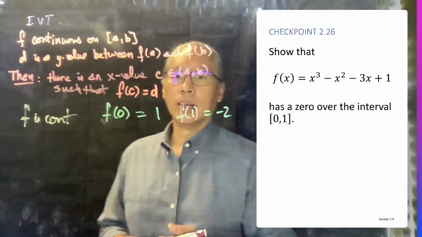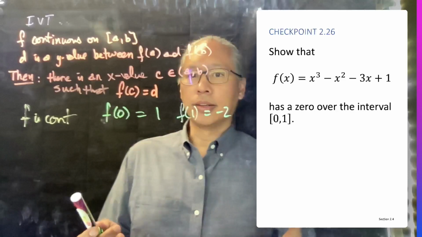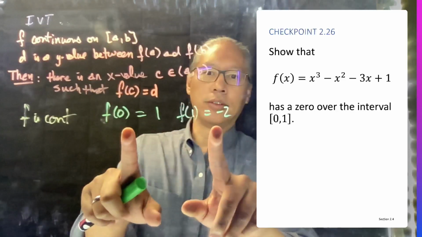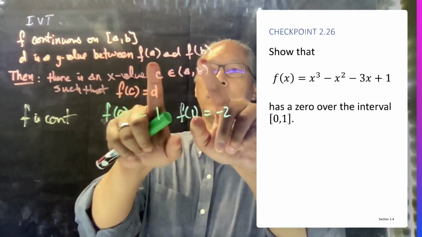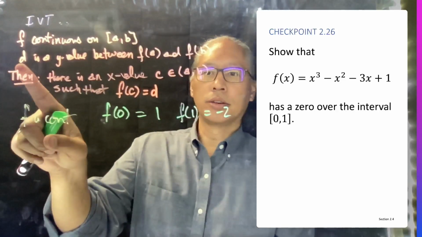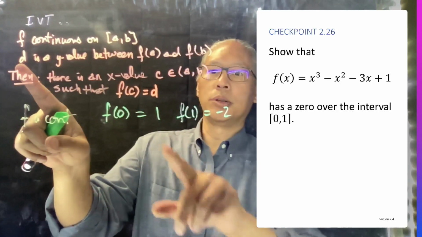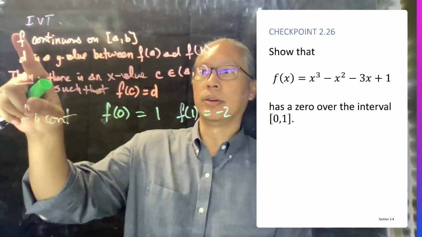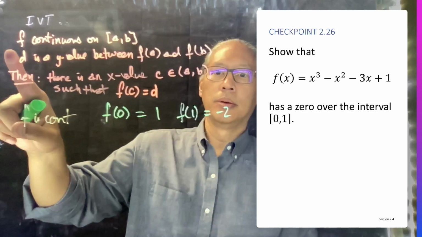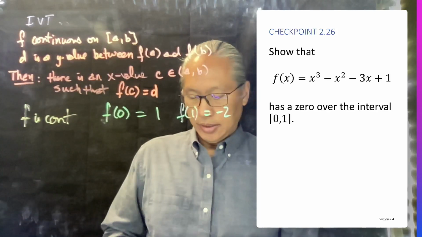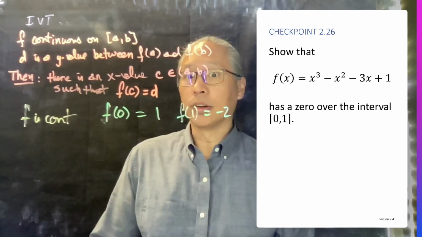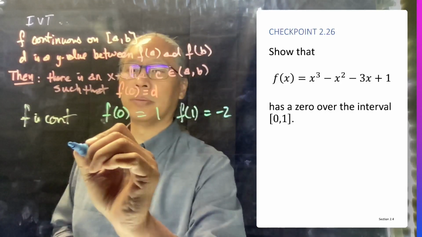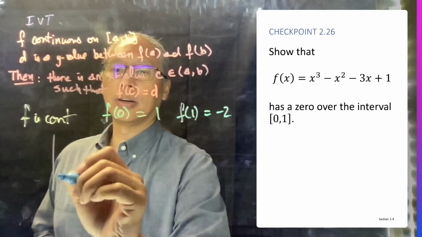So this is what you have for f of 0 and f of 1, the f of a and f of b. And then it turns out that the value of 0 is between a positive number and a negative number. So here are the conditions that we need for the intermediate value theorem. So I'm just going to draw the